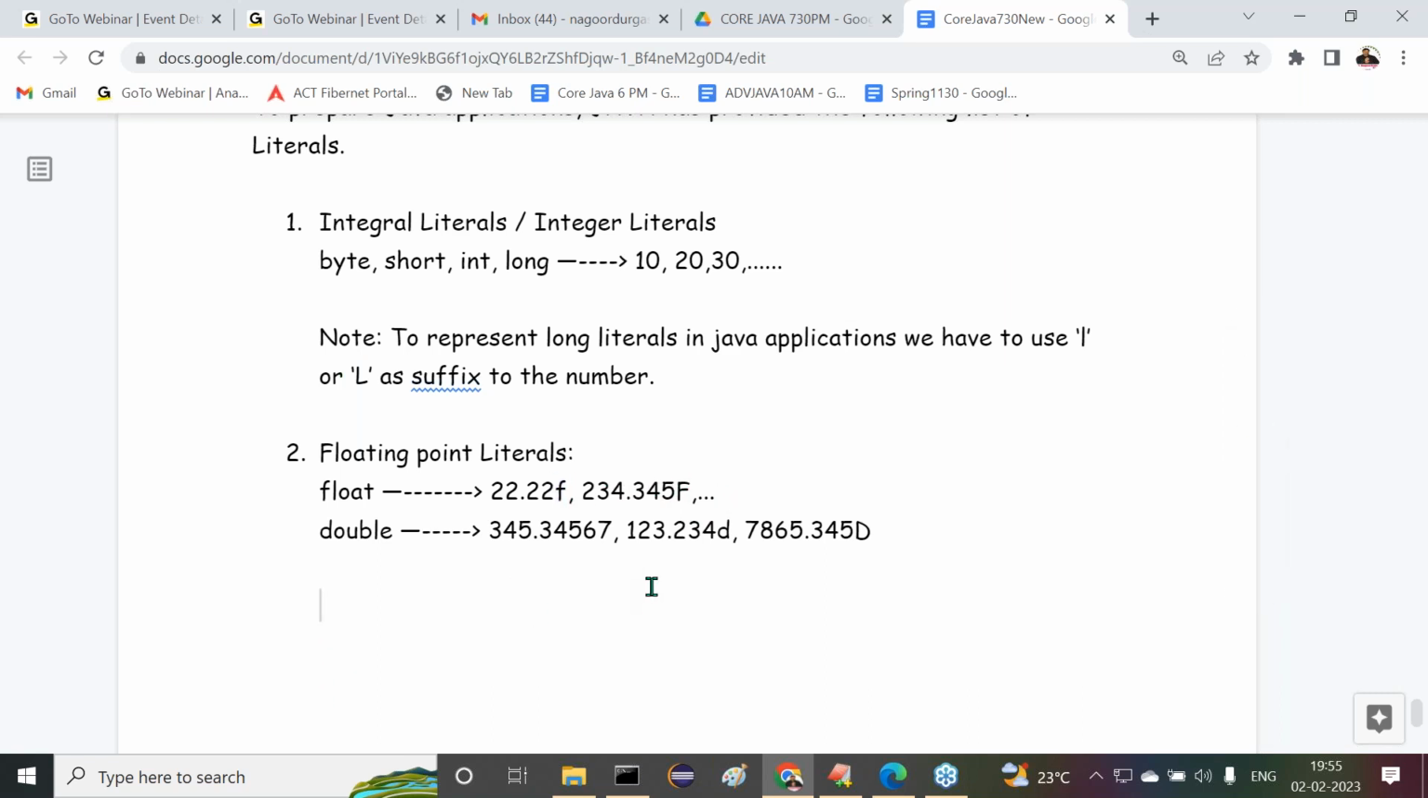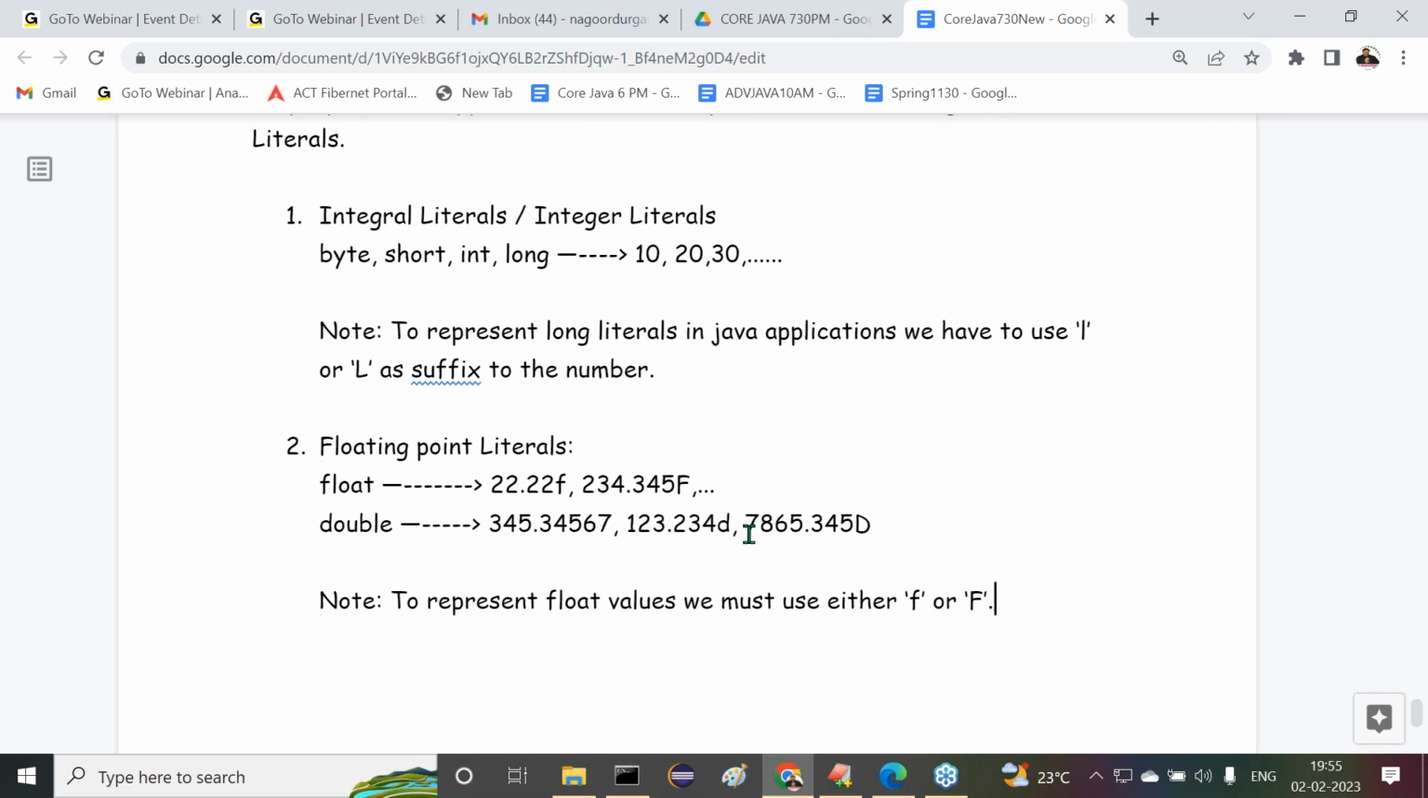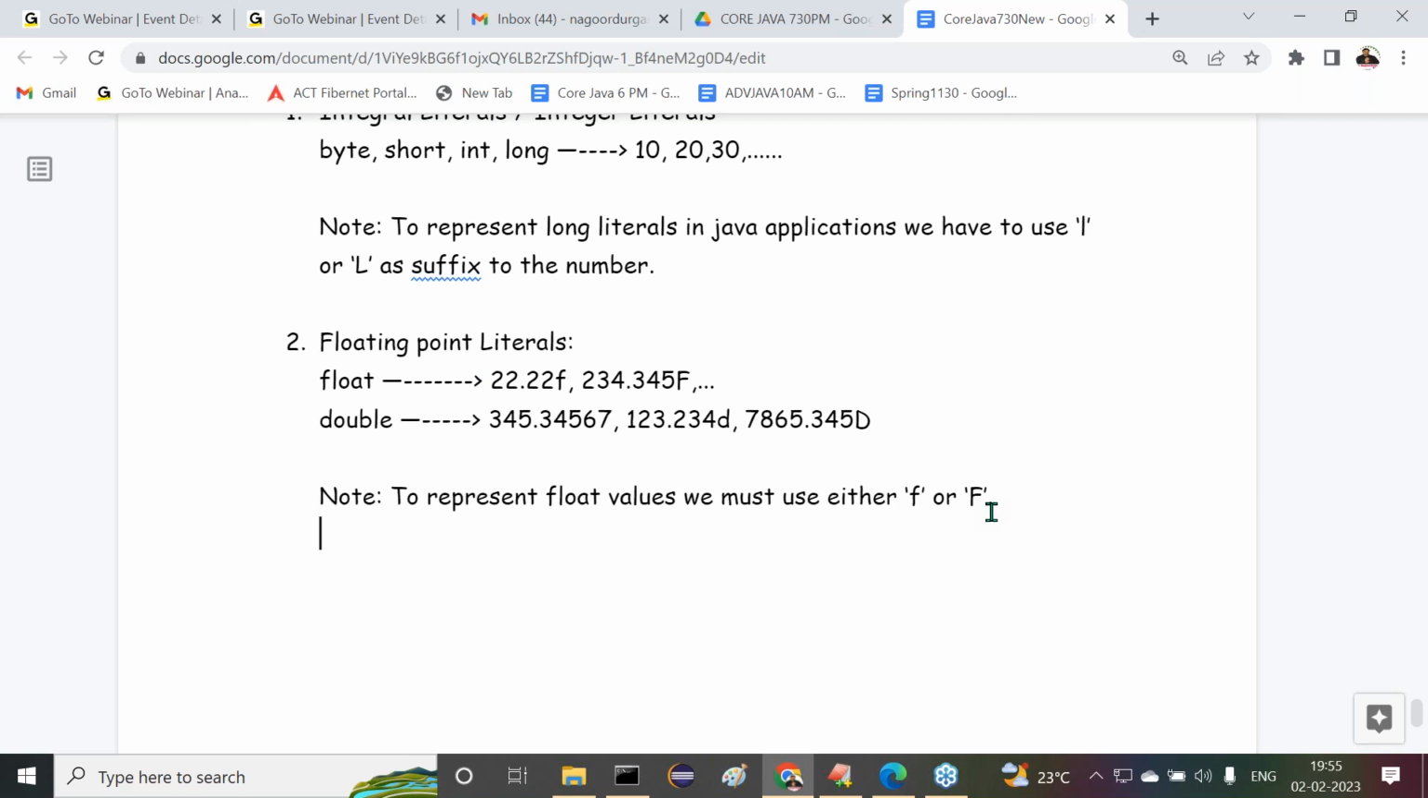Observe carefully, a point I am telling you. To represent float values, we must use either small f or capital F. Another note: to represent double values,